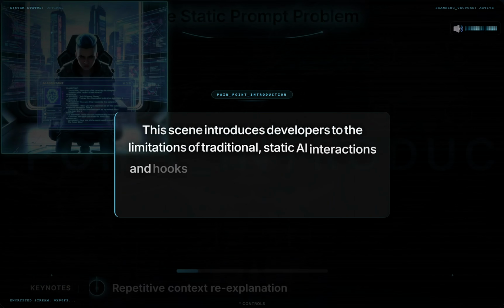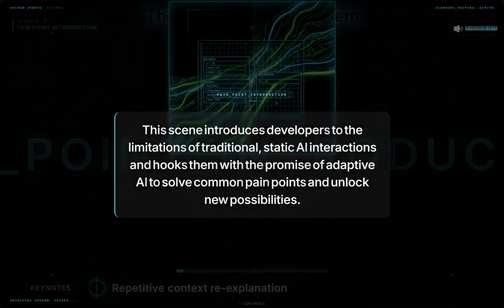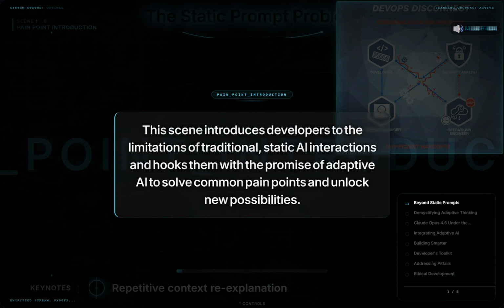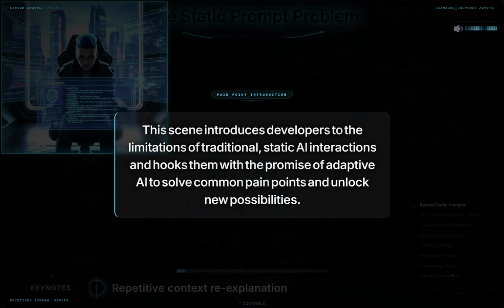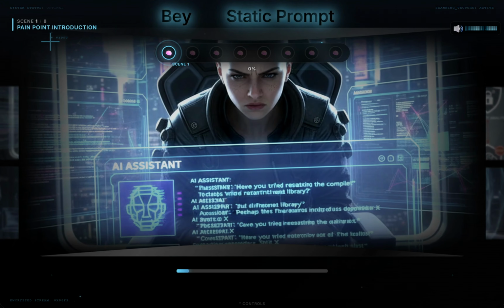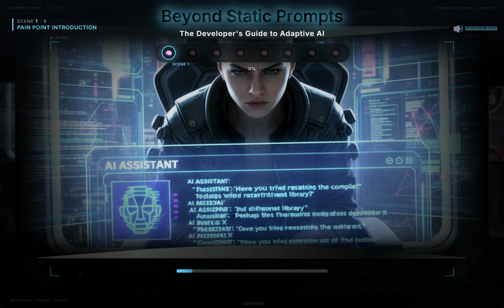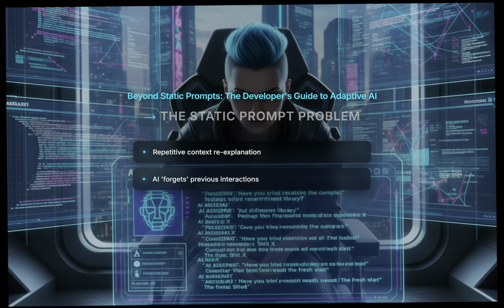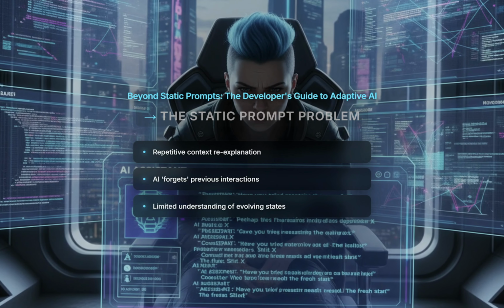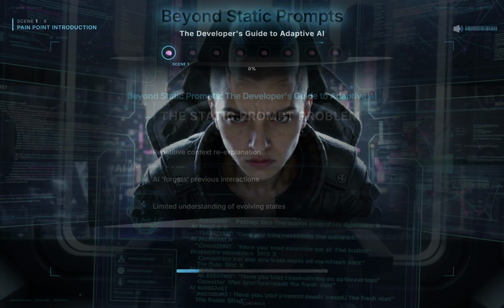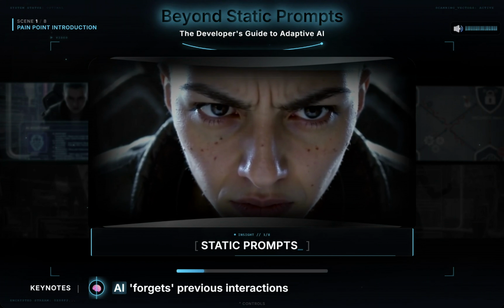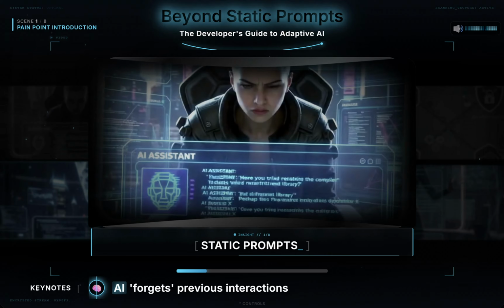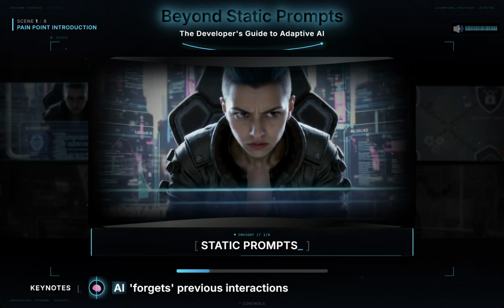Hey everyone, and welcome to a deep dive into something truly game-changing for developers, the power of adaptive AI. If you've spent any time working with large language models, or LLMs, for code generation, debugging, or even just brainstorming, you know the frustration. You're often stuck in a cycle of static prompts, right? You ask a question, you get an answer. Then you need to re-explain the entire context, or refine your query repeatedly, because the AI seems to forget what